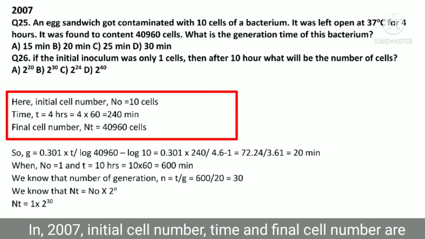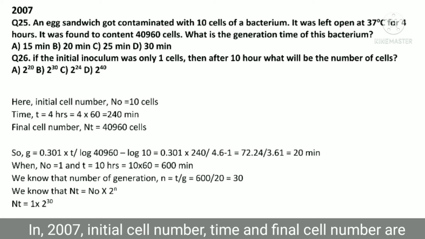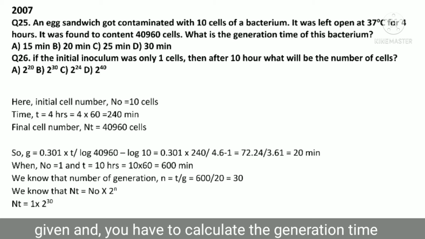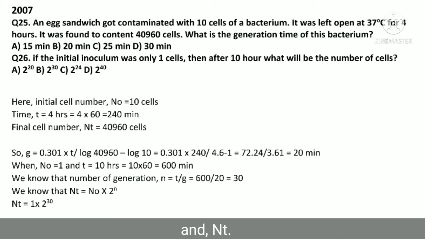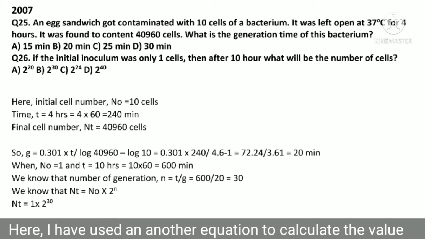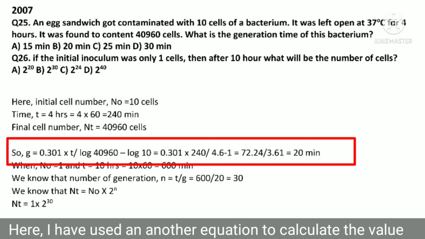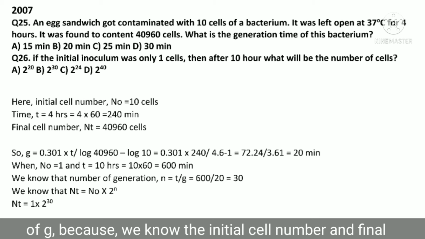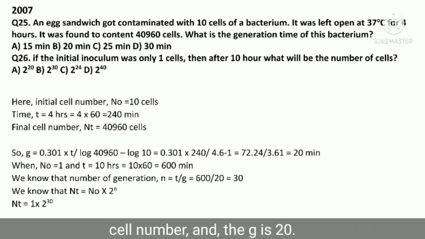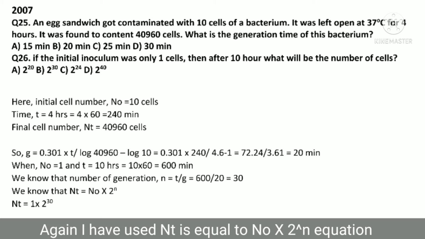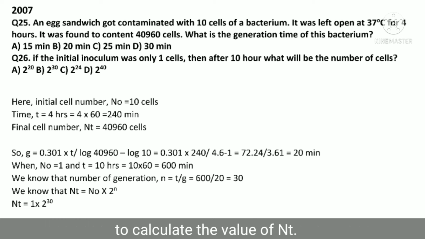In 2007, the initial cell number, time, and final cell number are given, and you have to calculate the generation time and Nt. Here I have used another equation to calculate the value of g, because we know the final cell number and initial cell number, and the g is 20. And again I have used Nt is equal to N0 into 2 to the power n